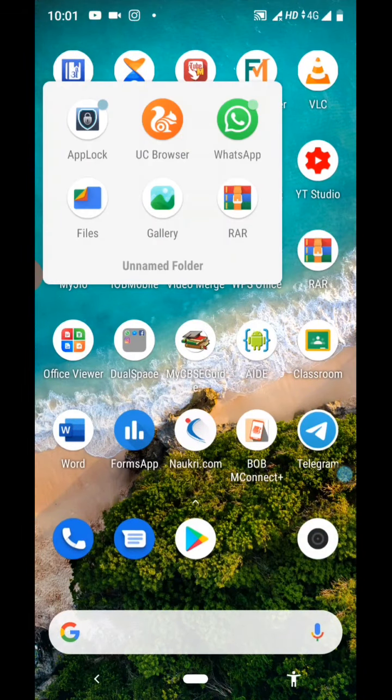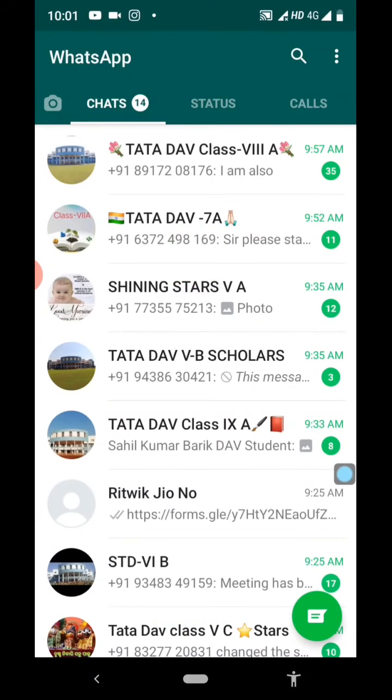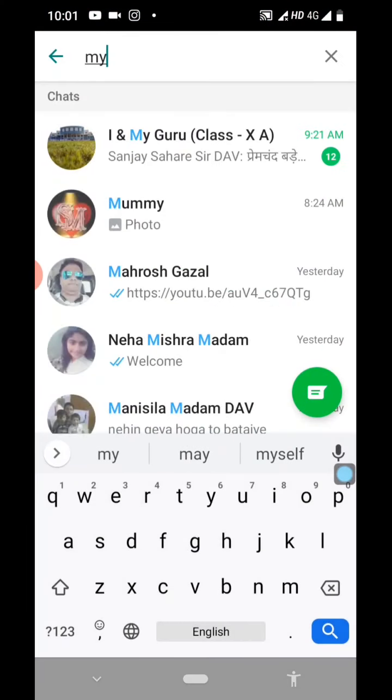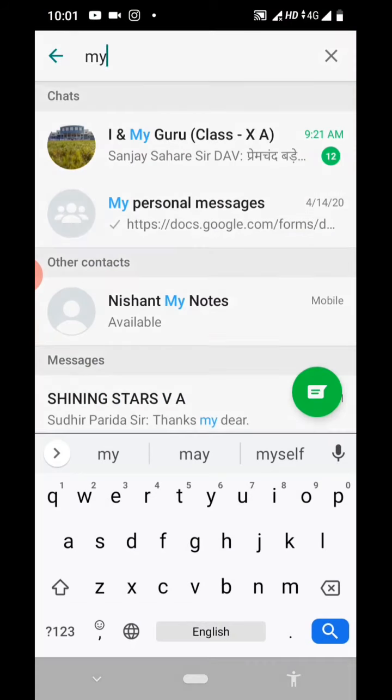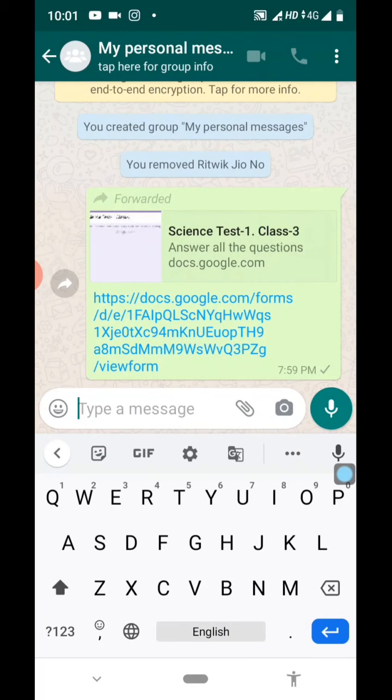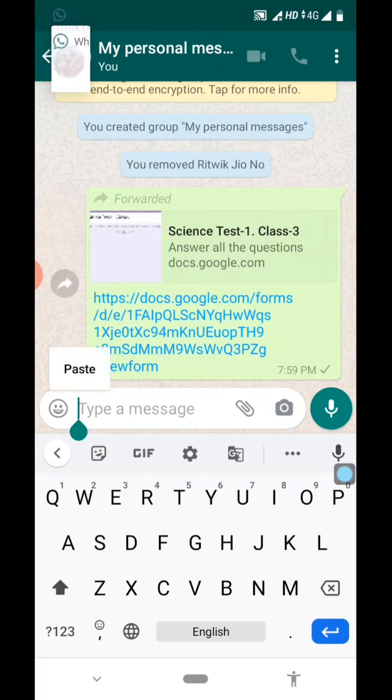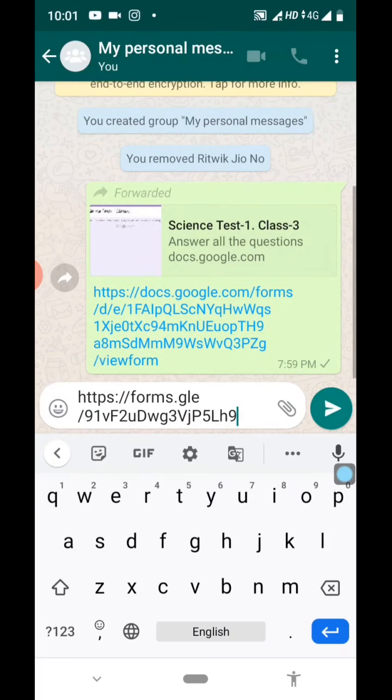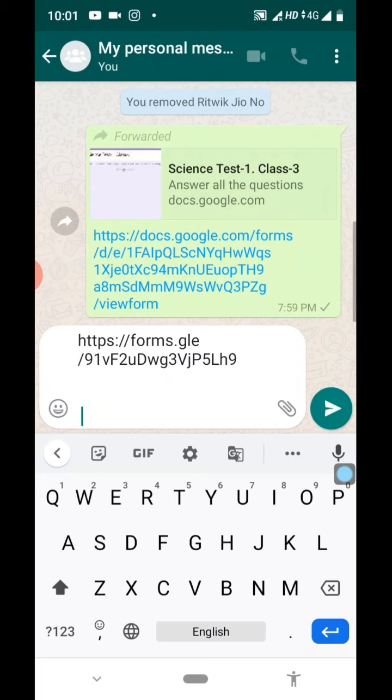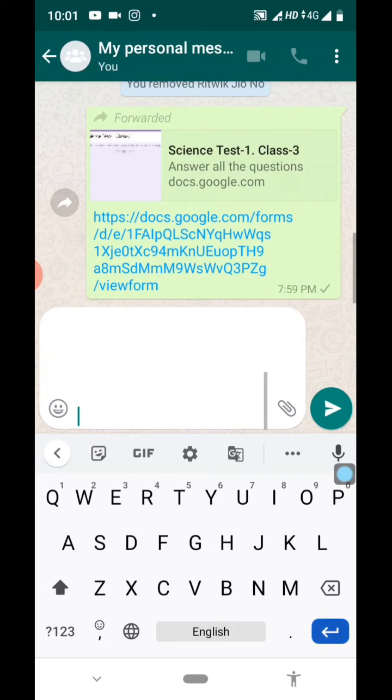Let me open WhatsApp. My personal messages. Here, long press. Automatically the paste option will come. Just click on enter, give some space so that the heading comes.